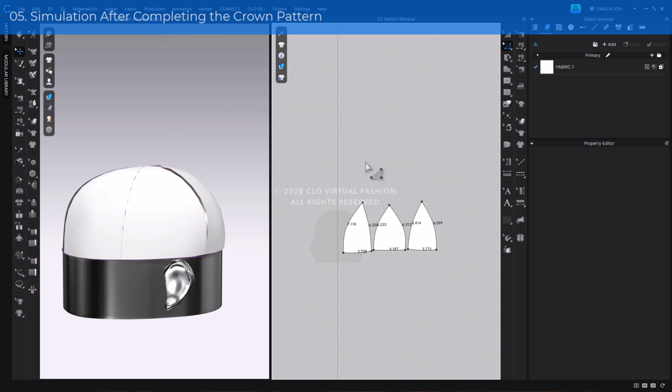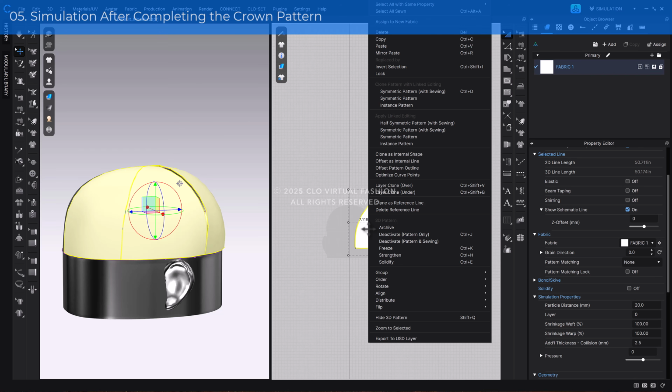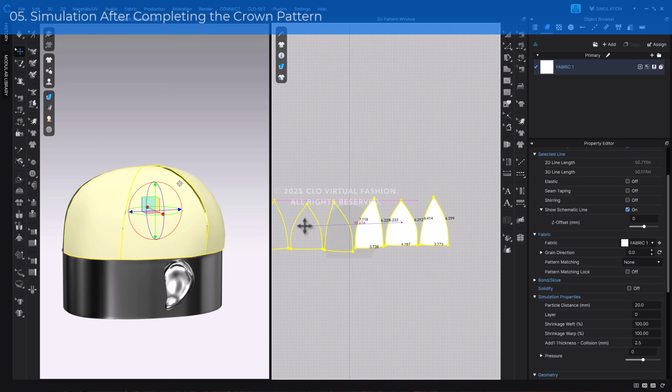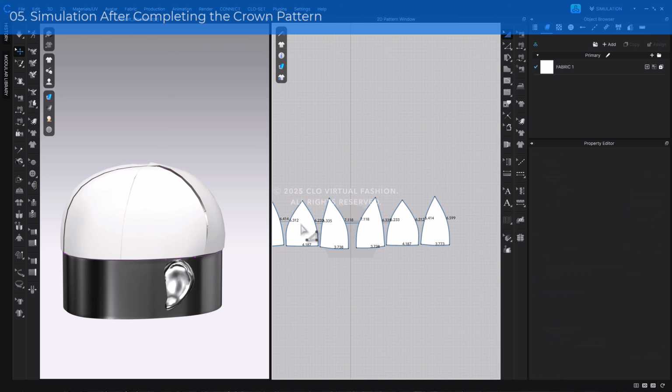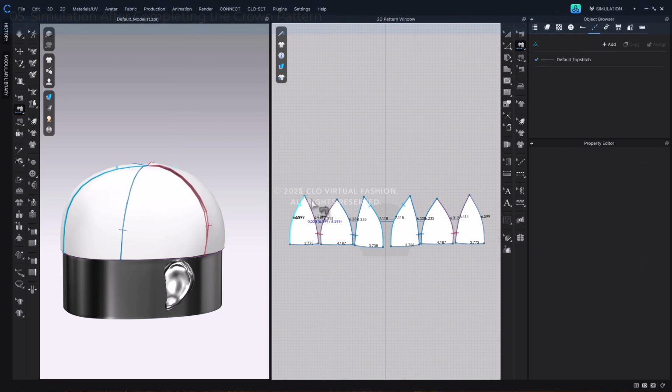Once the pattern modifications are complete, click the Transform Pattern tool in the 2D toolbar and select all patterns in the 2D window. Then, right-click on the pattern and choose Symmetric Pattern with Sewing to duplicate the pattern symmetrically. After duplicating, use the Segment Sewing tool to sew the center, front, and back, where the sewing lines haven't been